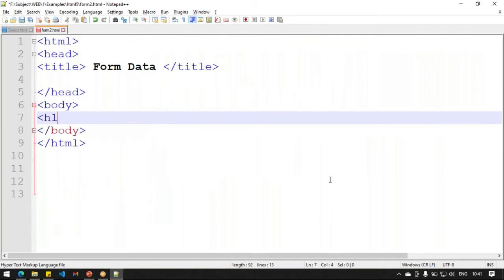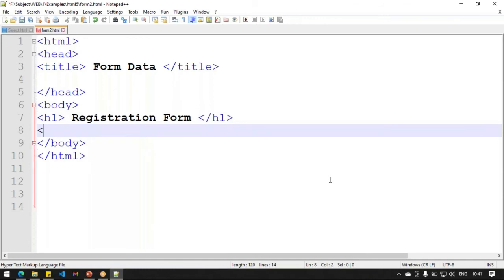And give the heading registration form. Form method is equal to post.